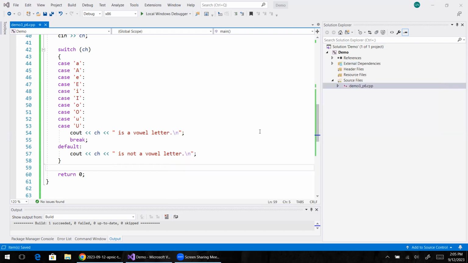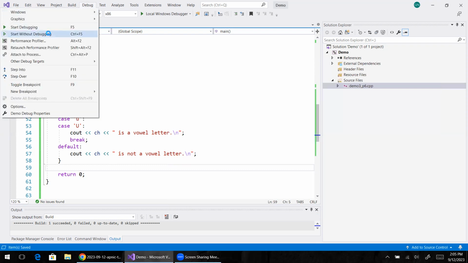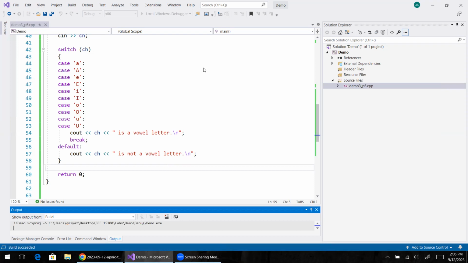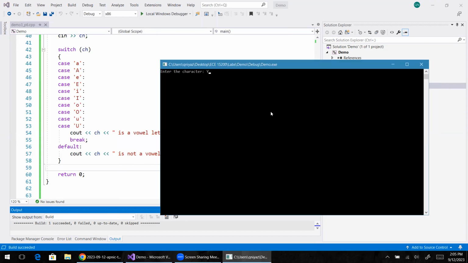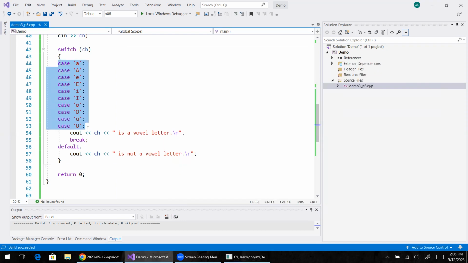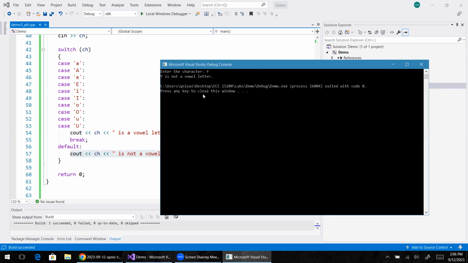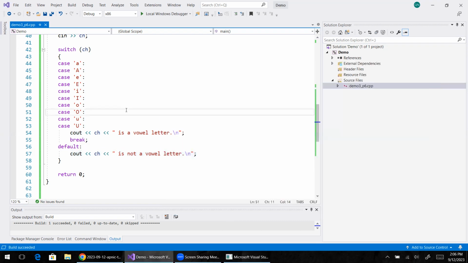Now let's run it with uppercase Y. You see that Y is not matching with any of the characters in these cases, so it will execute the default statement. You see cout, ch is not a vowel letter. So in this case, Y is not a vowel letter. So it will display that. So these are basically demos for switch case examples. Now we have good knowledge of if else statements and switch case statements. Now we can work on programs which are related to